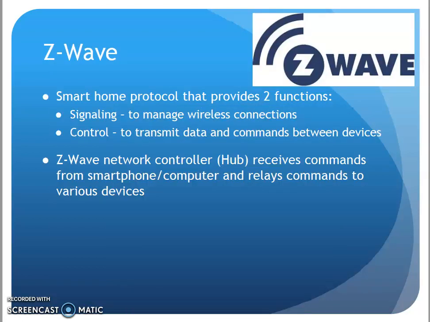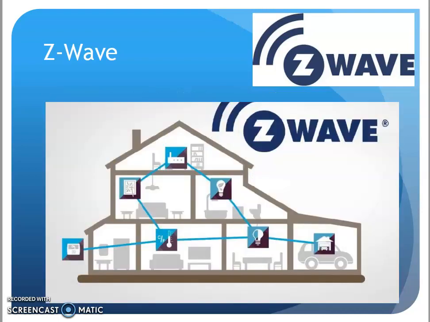Z-Wave, a form of home automation, or smart home, if you will. With Z-Wave, you have a controller like a hub that devices in your house communicate with, and these could be devices scattered around your house connected to light bulbs and switches, and they can connect to that communication hub, and things like your smartphone could control that, or things like your voice on a speaker could control turning a light on